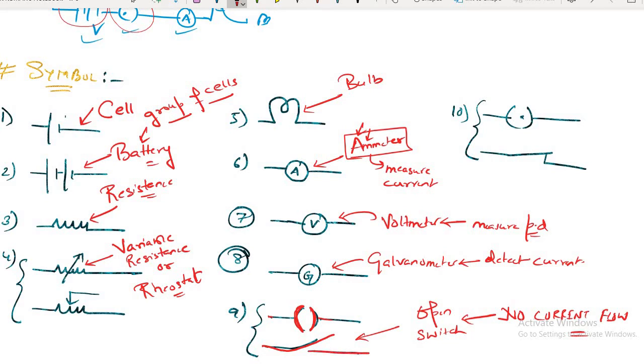There is no connection. Now in the second case, you see, this is a closed switch. You can see one dot is given in the center, inside the bracket. That shows the connection. Here also you can see I have attached these two lines. That means this is a closed switch. Understood? And current will flow.